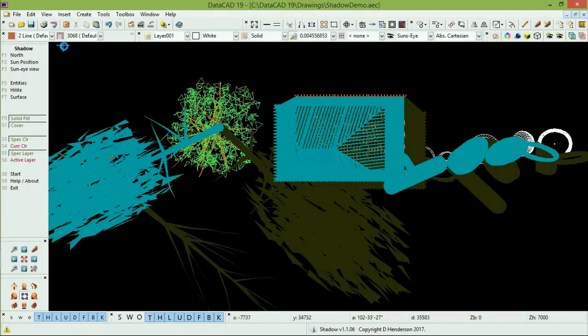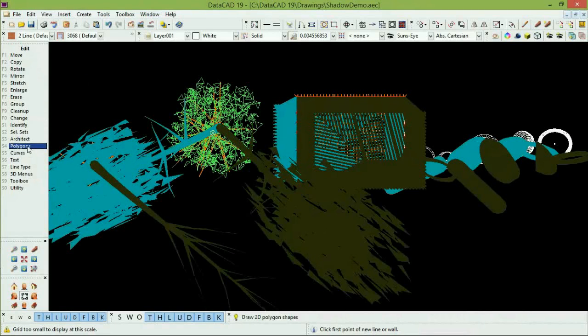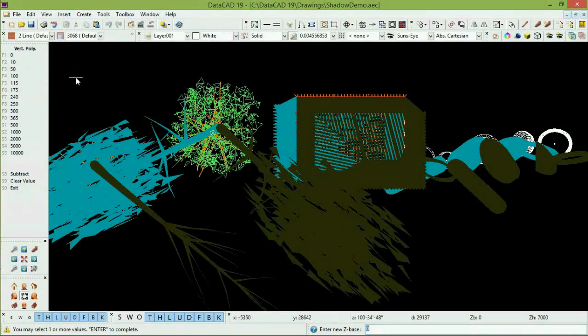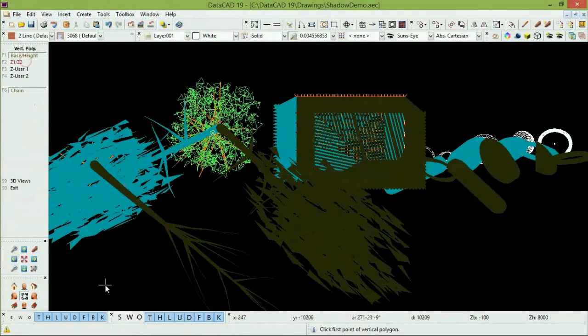Now let's just create a polygon to cast shadows on. For the sake of this exercise I'm going to create a vertical polygon and just assume that we're going to do a study of shadows cast on the wall of an adjacent building. So we'll create our polygon vertically. We'll use base height and we'll just set those. So I'll change the base to -100 to match up with the plane that we cast, and we'll say it's a fairly high wall. We'll say it's 8 meters high. We draw our polygon,